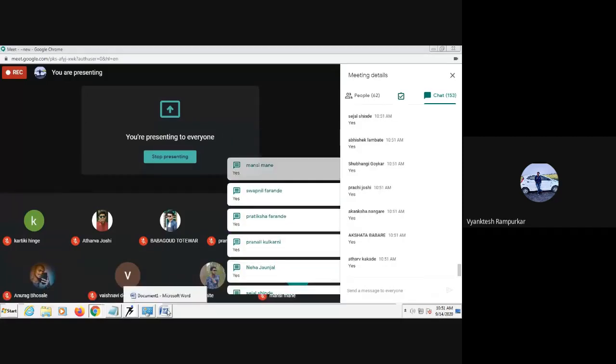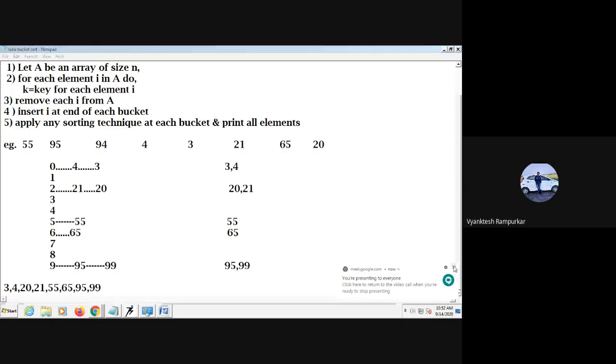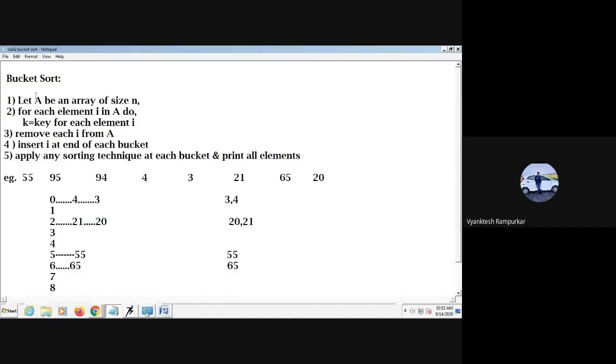Okay, just at the time of exam you have to draw your bucket like this. So this is nothing but the bucket sort. So what is the algorithm? We first accept array A of size n.